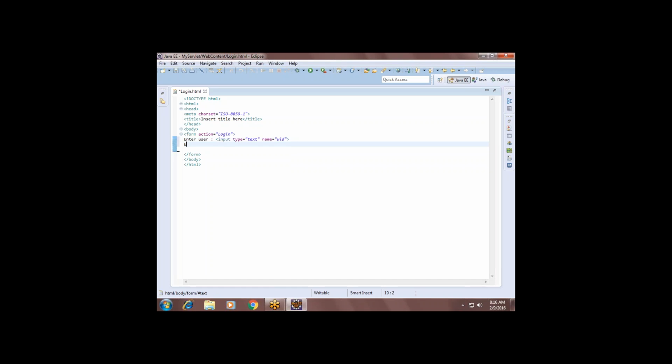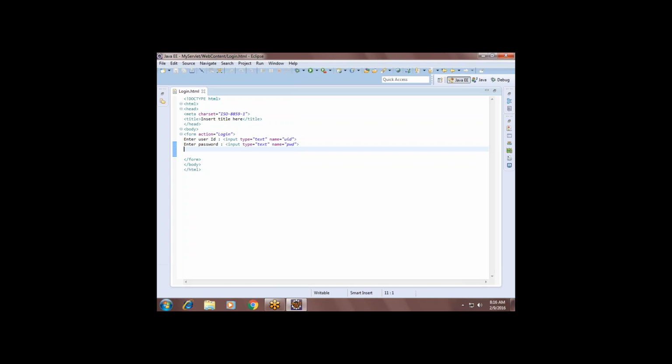Done. Enter password. User ID and password. Input type equals text box is created and its name I am giving pwd.